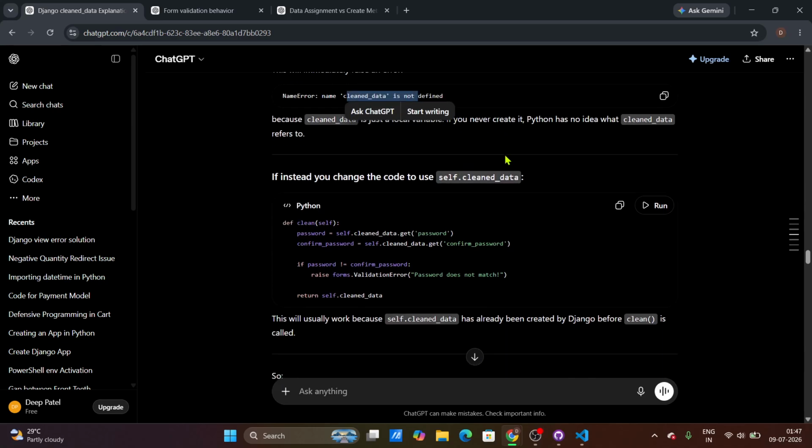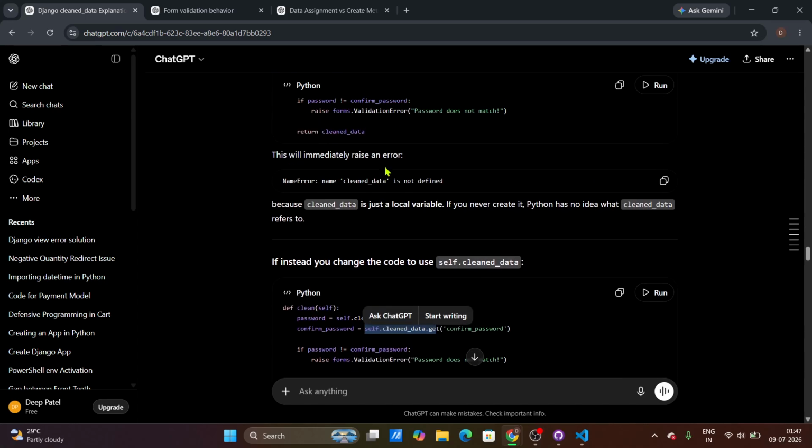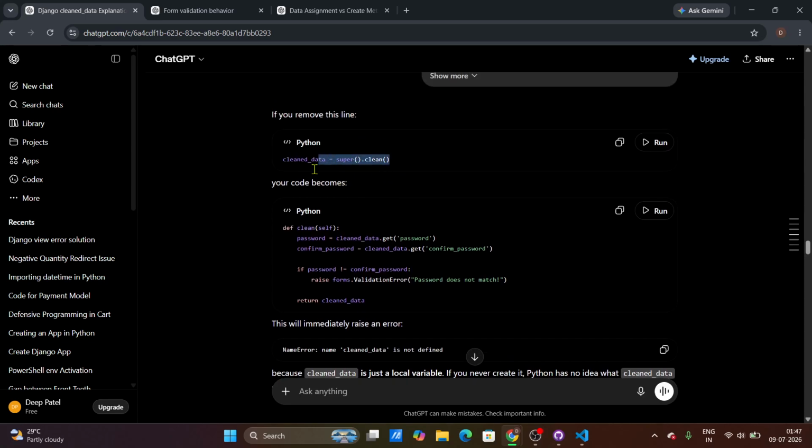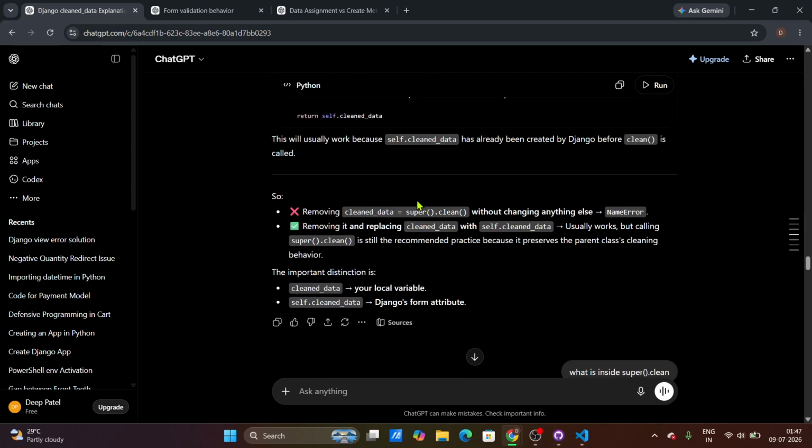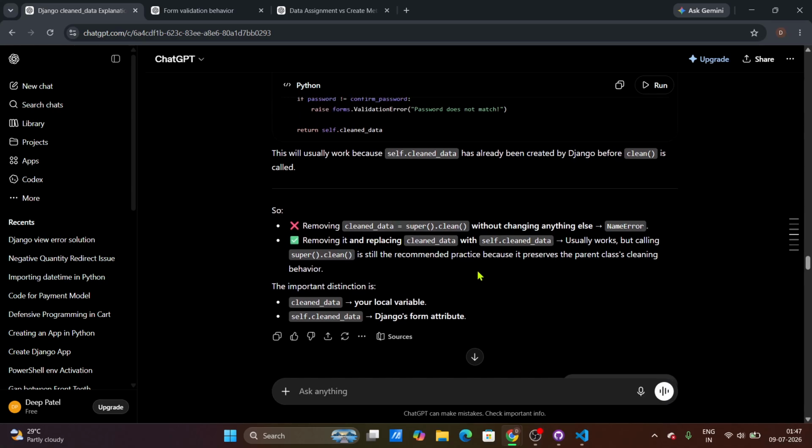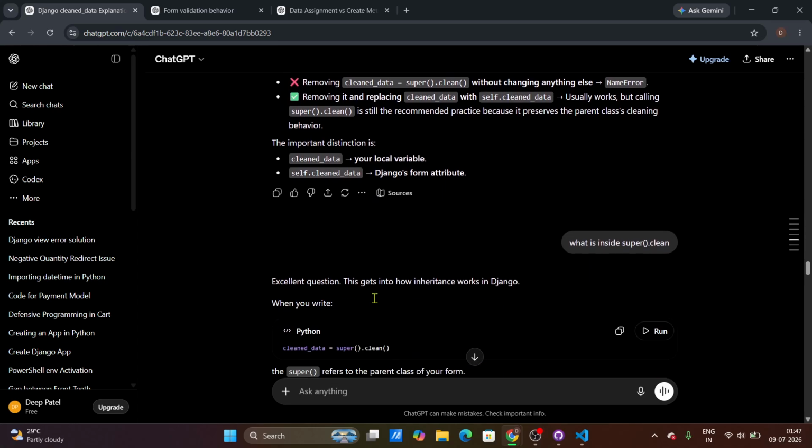If you change the code to use self.clean_data, you can see this self.clean_data should be used here if we remove this line. Okay, so removing this line without changing anything will give an error. Okay,